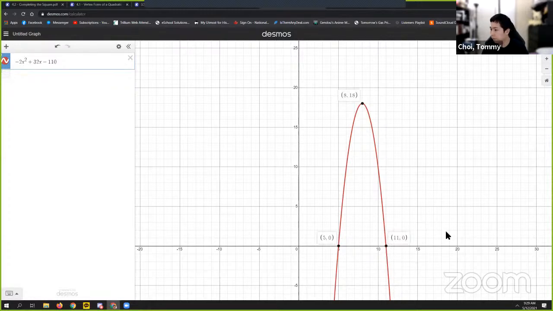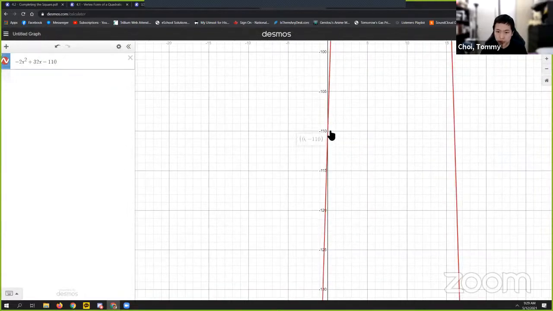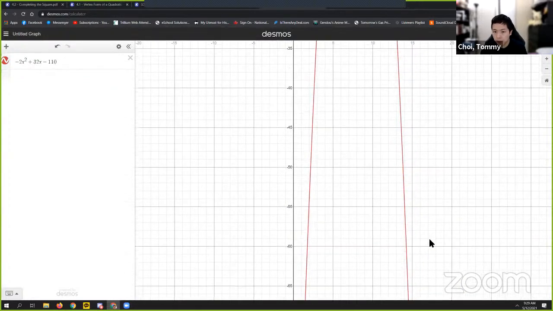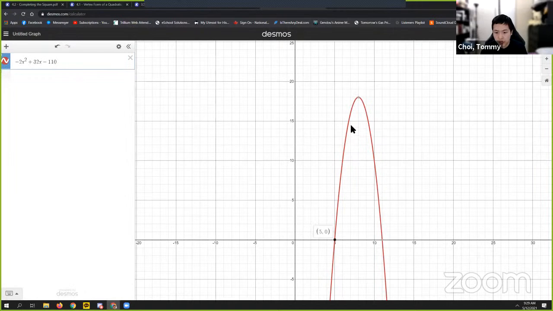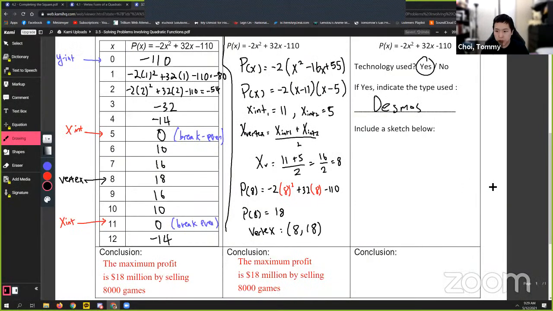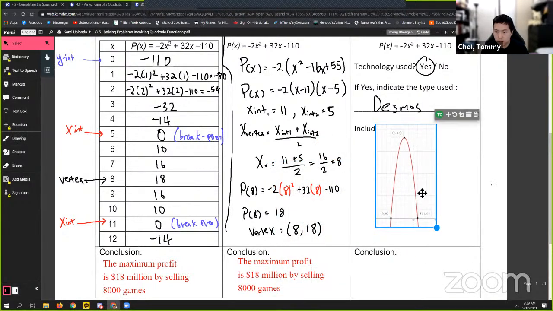Do you see that? The graphing calculator itself tells you what the x-intercepts are. It tells you your vertex. And if it exists, if we were to go all the way down, you can also see the y-intercept as well. So it already labels all the key points for you. So all you had to do when you were to sketch it was to include these 3 points here. So if I were to snip this here and paste it here, I could do that